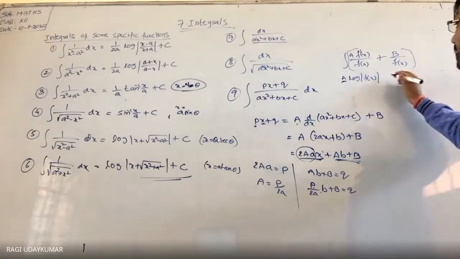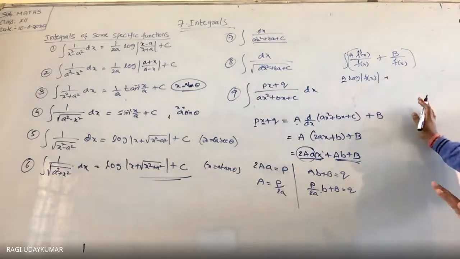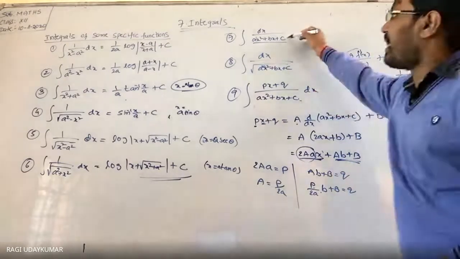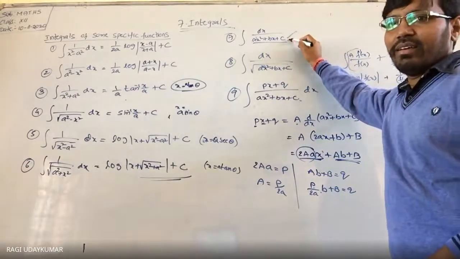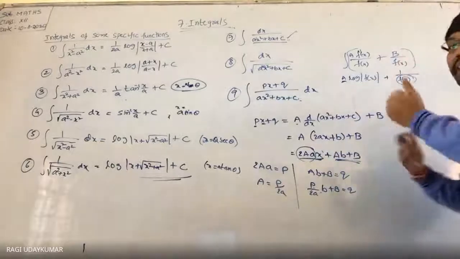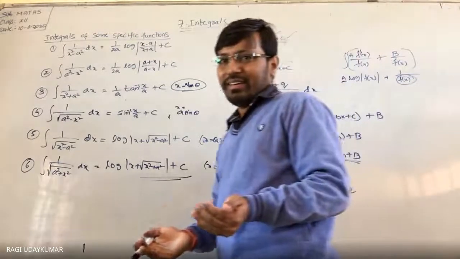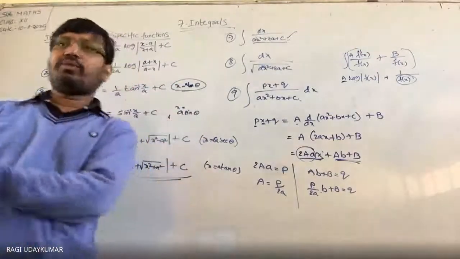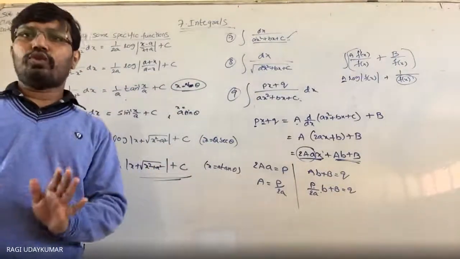Simplifying this, you are going to get the capital B value, and if you substitute that capital B value here, it is some constant. In the denominator you are again going to get 1 by f of x, and f of x is nothing but this. How was this done? It is the completing square method. So in the second part, you have to apply the completing square method and proceed. That problem is very lengthy.